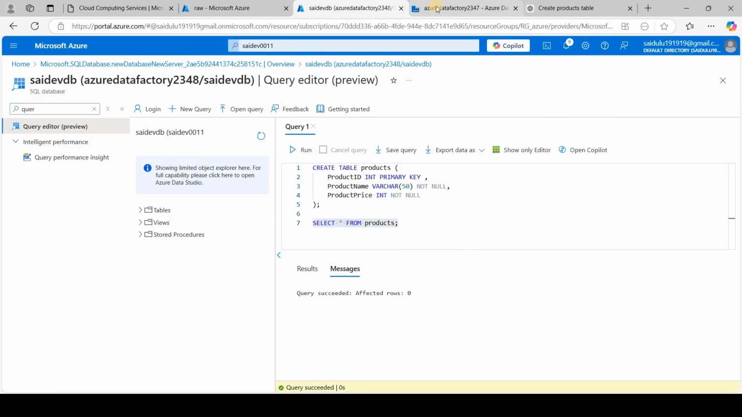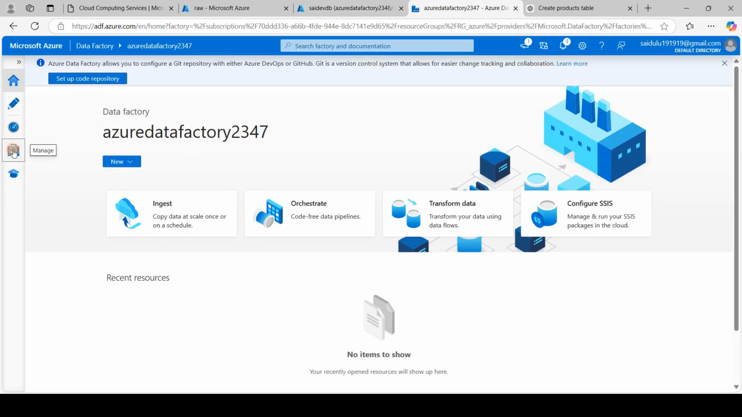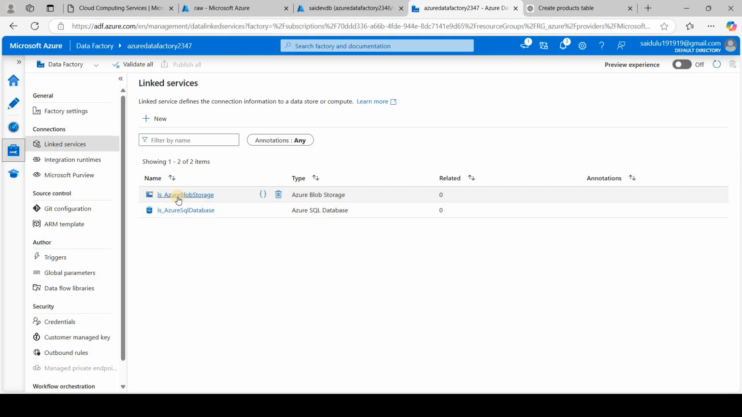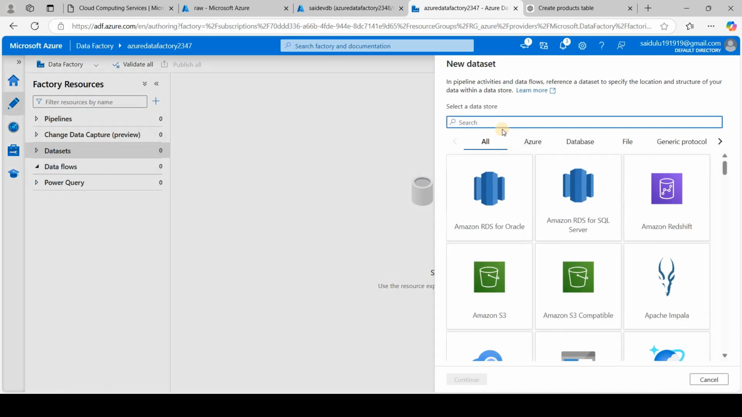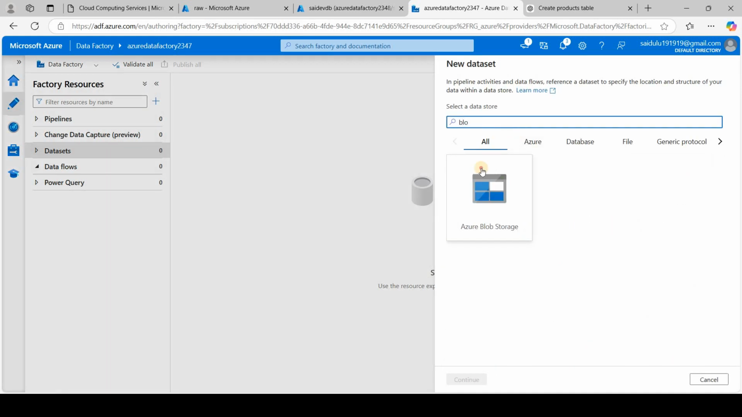Okay, now let me go to the Azure Data Factory, and I have already created the two linked services. One is for blob storage and one is for SQL database, meaning one is source, one is sink. Two linked services have been created. So I need to create two data sets. One is the source data set. Source is blob storage